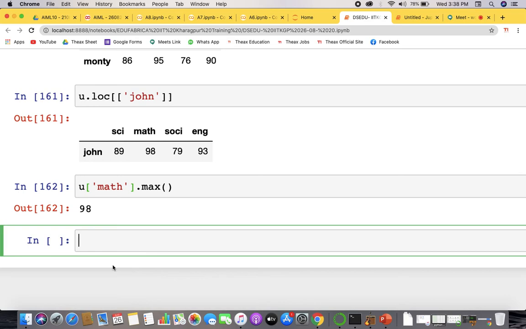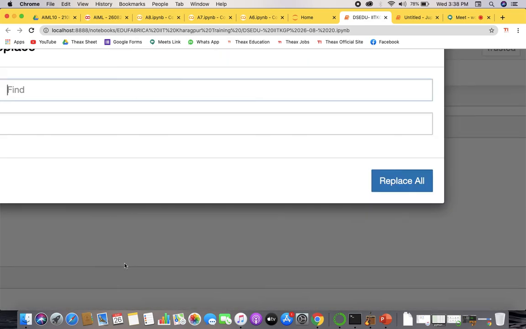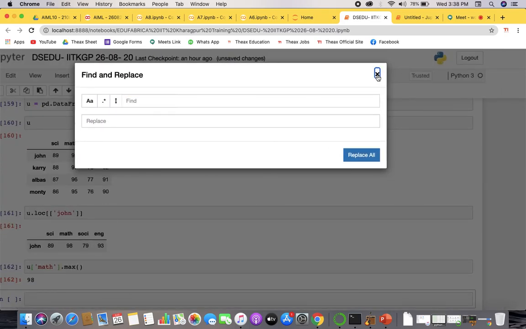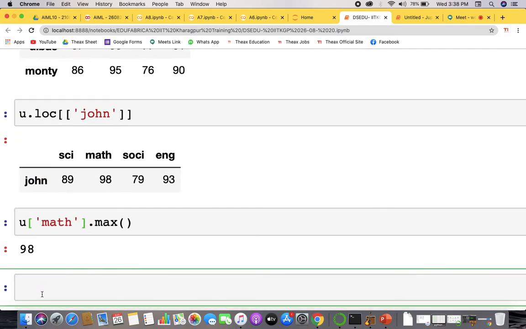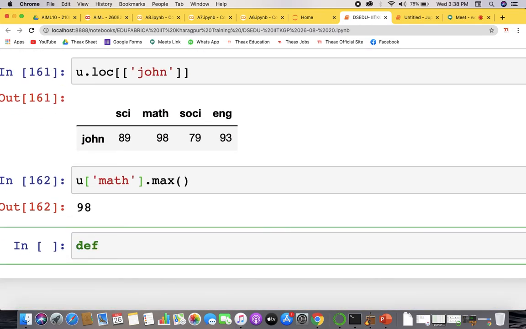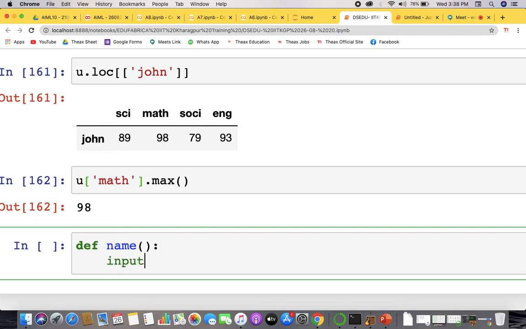So there will be a program and you define it using def. Let's make a function for taking up the names. So this is the name, and let's say you take an input and write enter name, and split it.